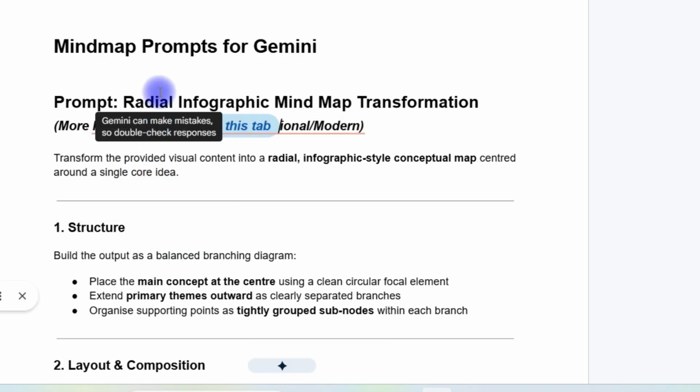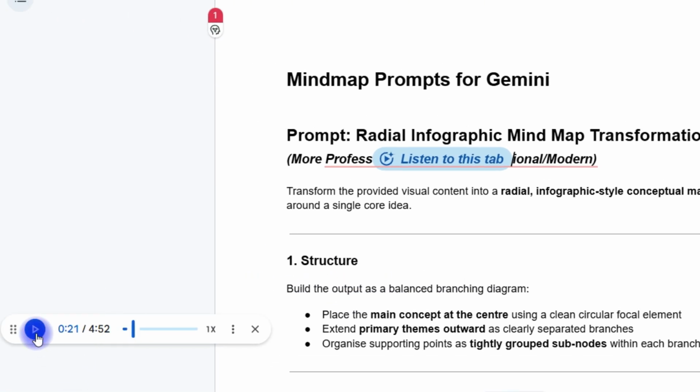Mind map prompts for Gemini. Prompt: radial infographic mind map transformation, more professional/modern. Transform the provided visual content into a radial infographic style conceptual map centered around a single core idea. 1. Structure: build the output as a balanced branching diagram. Place the main concept at the